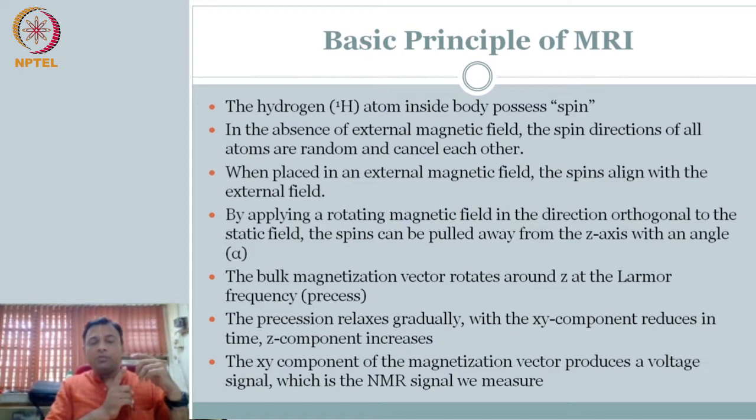So clearly there has to be some relationship between the angular momentum and the magnetic moment that is generated, because it's the same object. This object happens to be a positively charged proton. So when you have this spinning, there should be some relationship between the angular momentum and the magnetization vector, related to the material property of the object, right? That is what we will see in the next few slides.